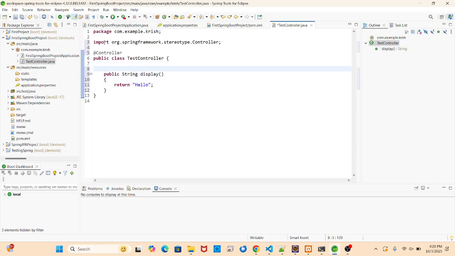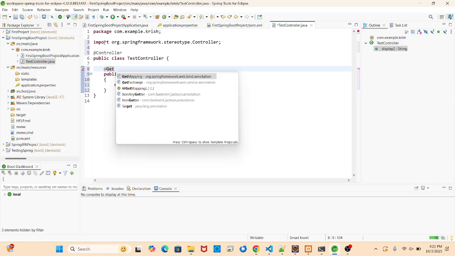Which annotation do we have to call? Don't go for PostMapping directly. The route means the response body will load the response. But how to search for the URL over there? We want the routing, that is GetMapping or PostMapping. Which one do we have to use? Get. Don't use PostMapping here, because there is no form or anything else that we are submitting. So here we'll pass one annotation, that is @, same Control space.